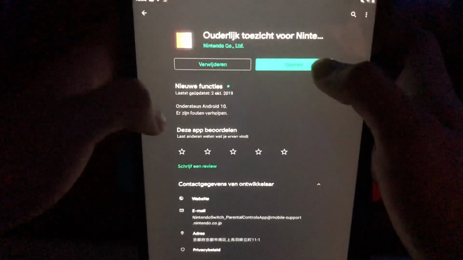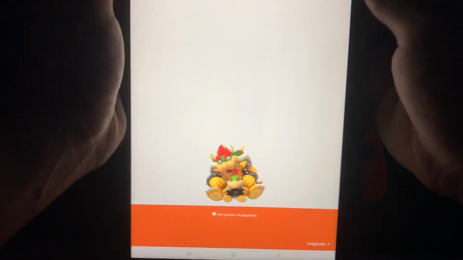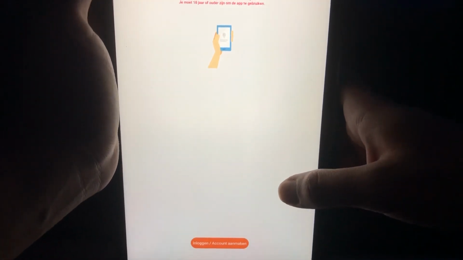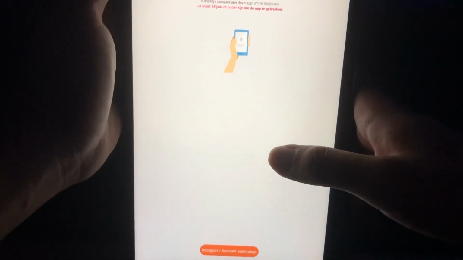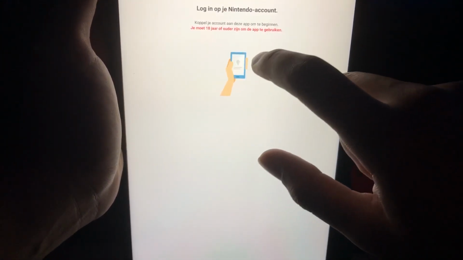I already downloaded it, so I'm just gonna open it. And like you see, you will get these steps, these tutorials. And now you want to log in with your Nintendo account, but you have to be over 18 years old to use this app.